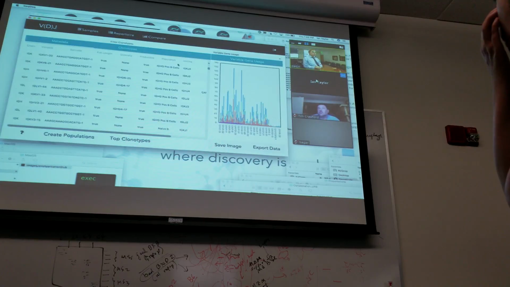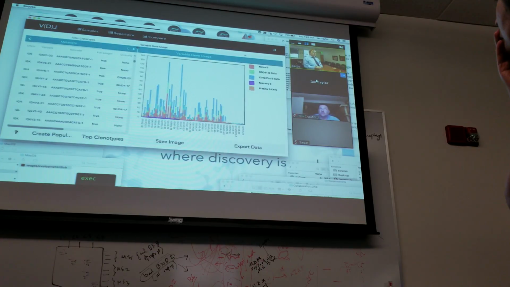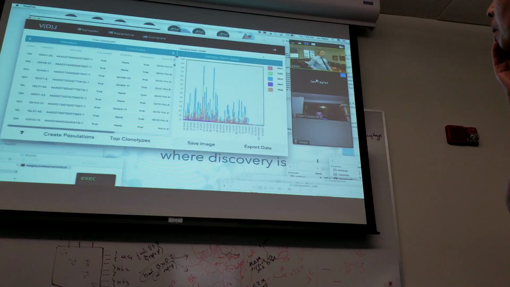If you're just looking for the top populations, because it seems like you want populations that are larger than what one clonotype contains, you could look at stuff like this. I'm curious, this looks like a particular IGHV3-33, a variable gene that's used quite a lot. Let me remember what that is. I'm just going to write down IGHV3-33. And now I should be able to go back to our table,